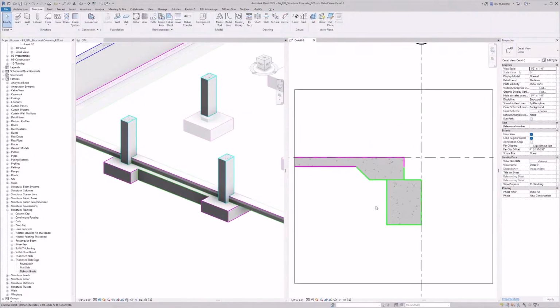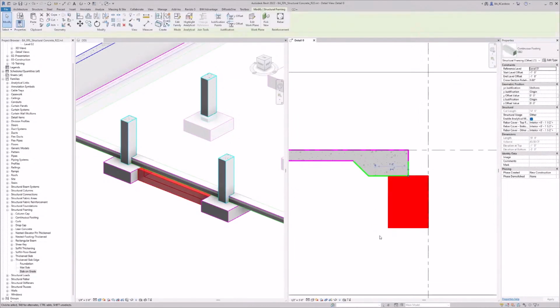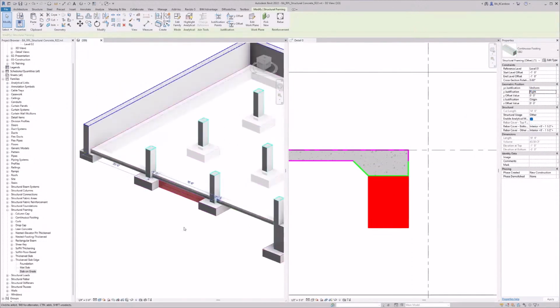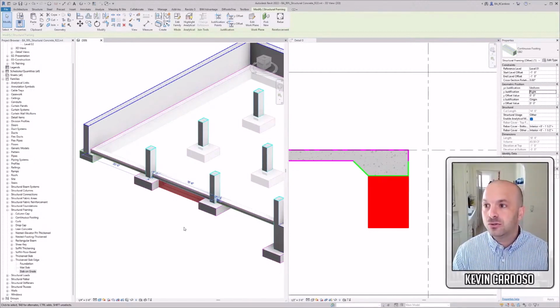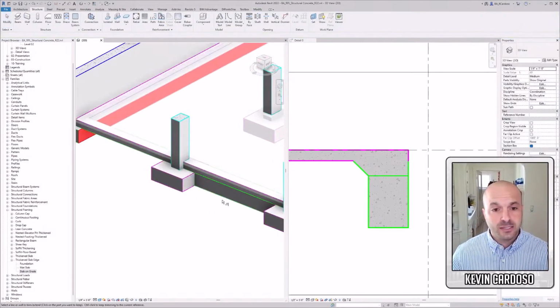Okay, 1 down. Now after it's placed, we keep refining. Select it, and now you get to play with your geometric position. You can type in right here, and it moves in. After you have that placed, you can use your trim command. Why can I use my trim command? Because it's a line-based tool. So now I can hit TS for trim single. I select my destinations,